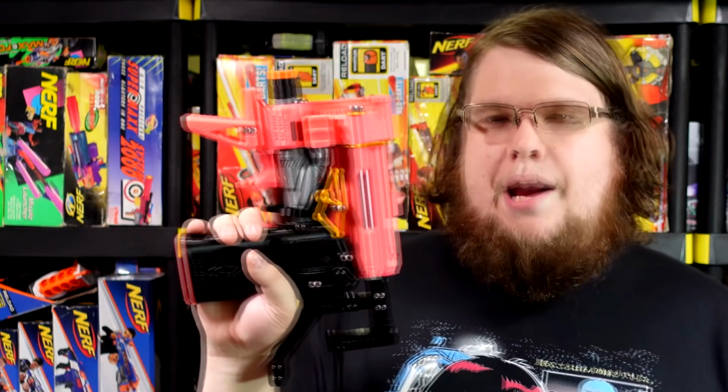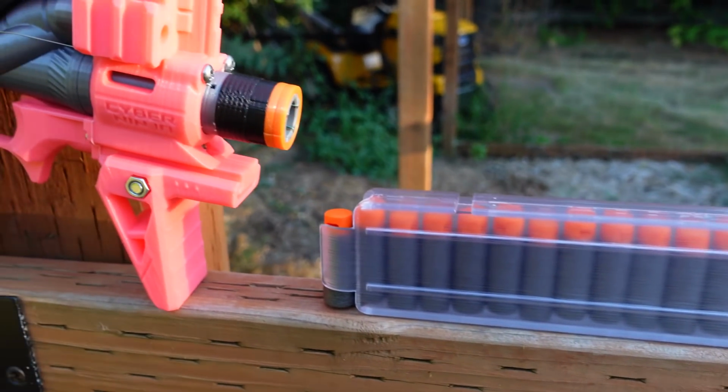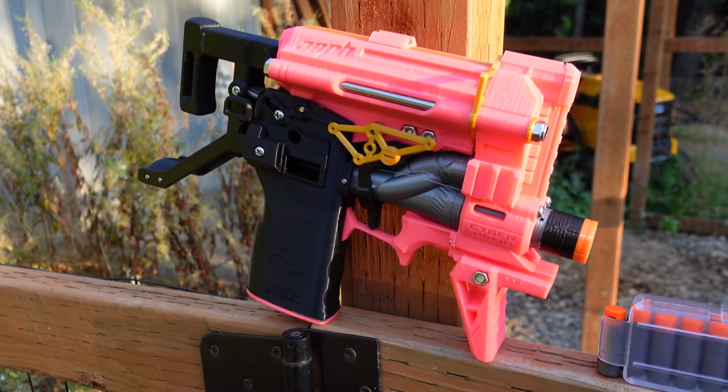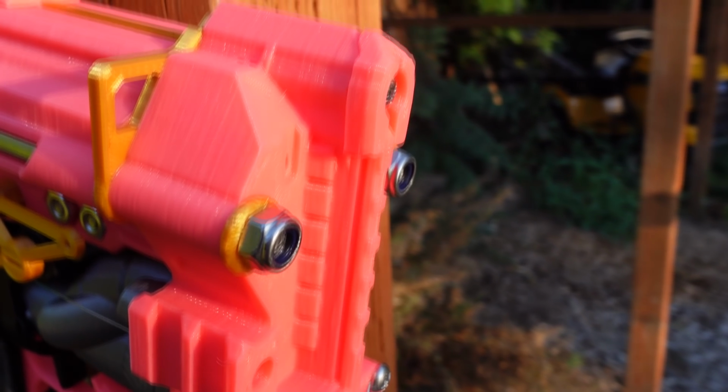But when I saw the Cyber Ninja, I knew I had to have one. I was eagerly awaiting pre-orders to come up. They put 15 up for pre-order with their initial first echelon launch, and I happened to get one of the pink ones, which is obviously the color I would have gone with. And there will be more of these, but I think this thing cost me about $140 shipped,